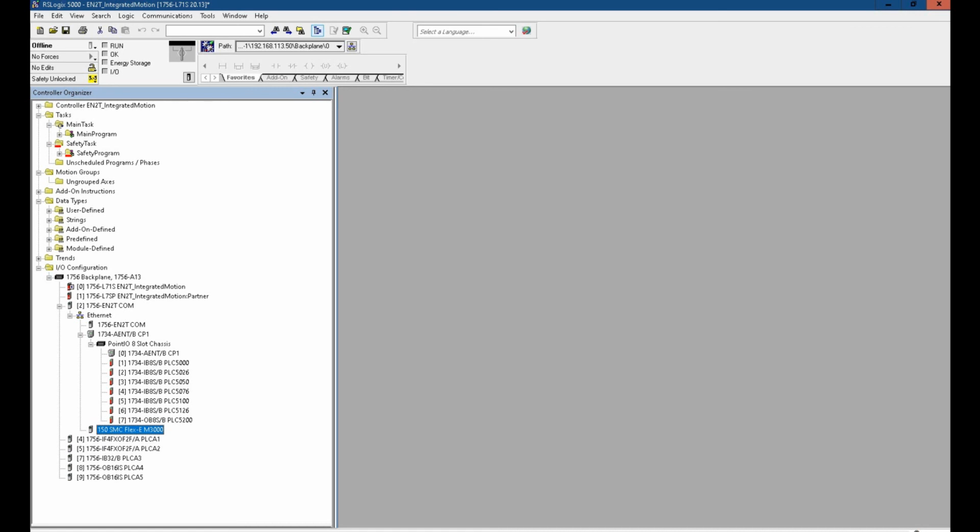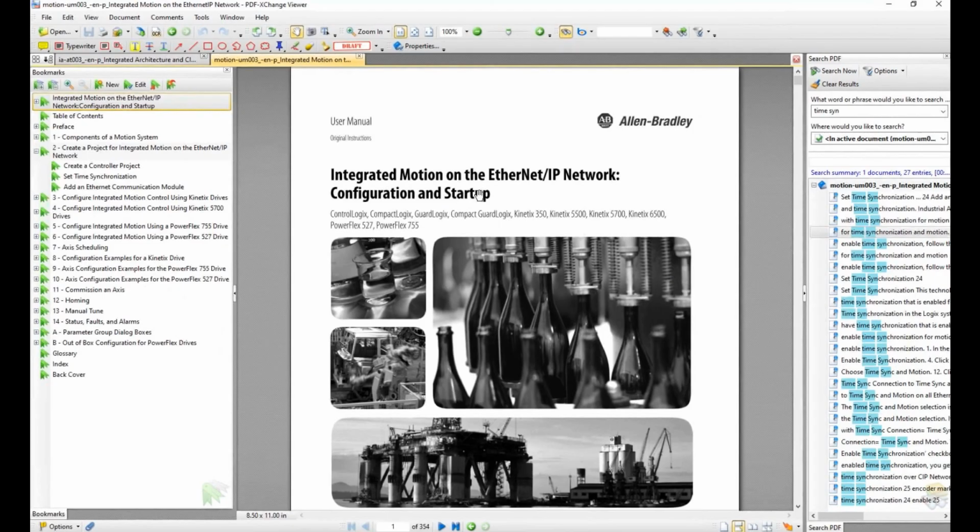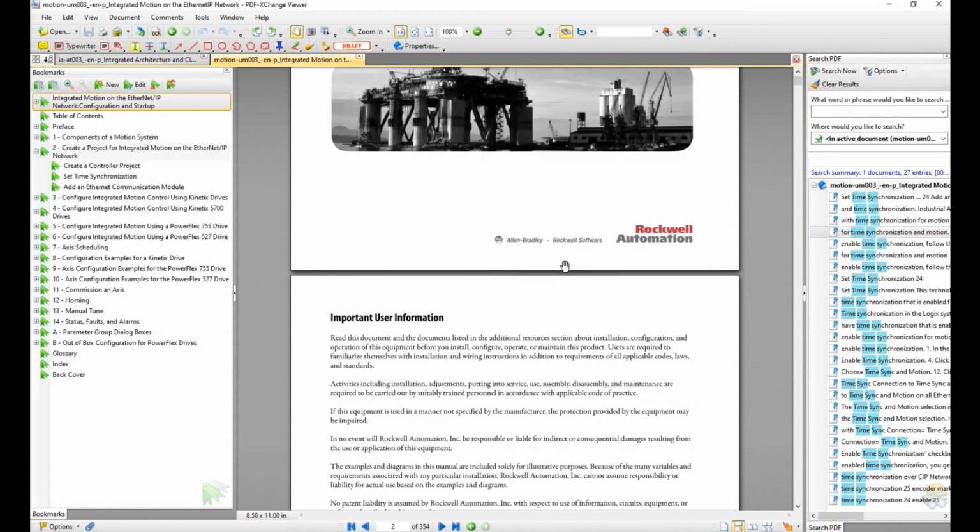One important material we need to use is the Allen-Bradley manual. It's called Integrated Motion on the Ethernet IP Network Configuration and Startup. This is a very important manual. If you need to add a Kinetix motion system into an existing ControlLogix or CompactLogix system, it's highly recommended you read this manual in detail. In this manual, if you scroll down,